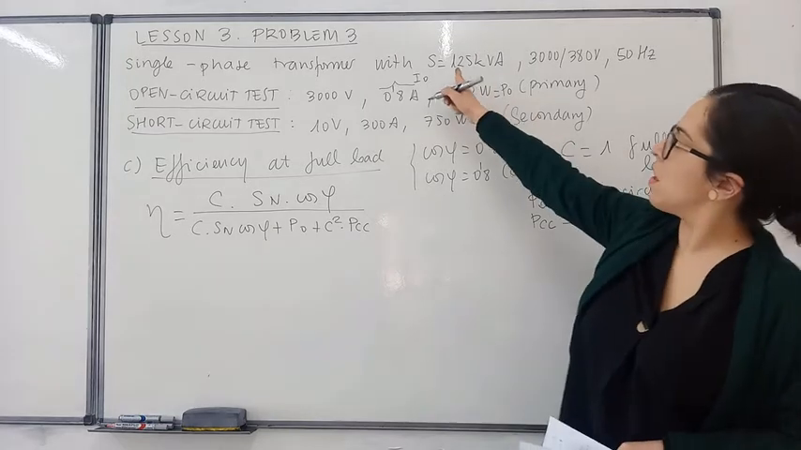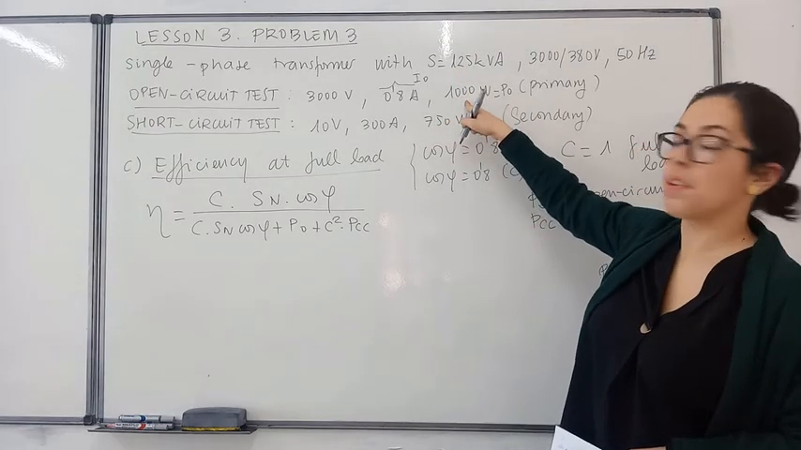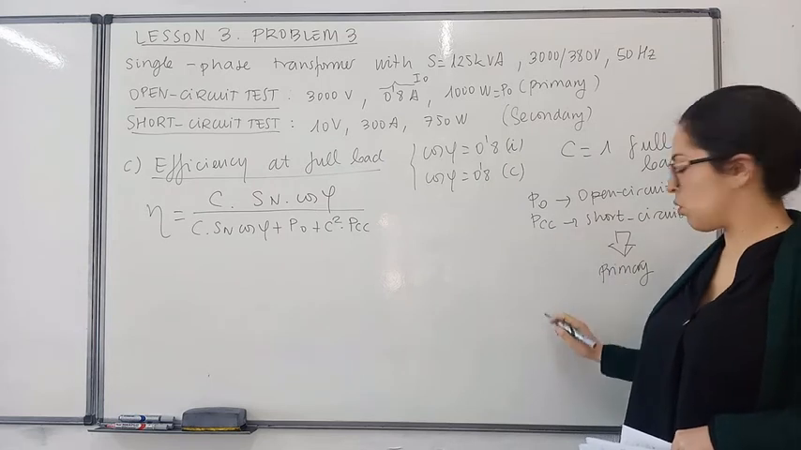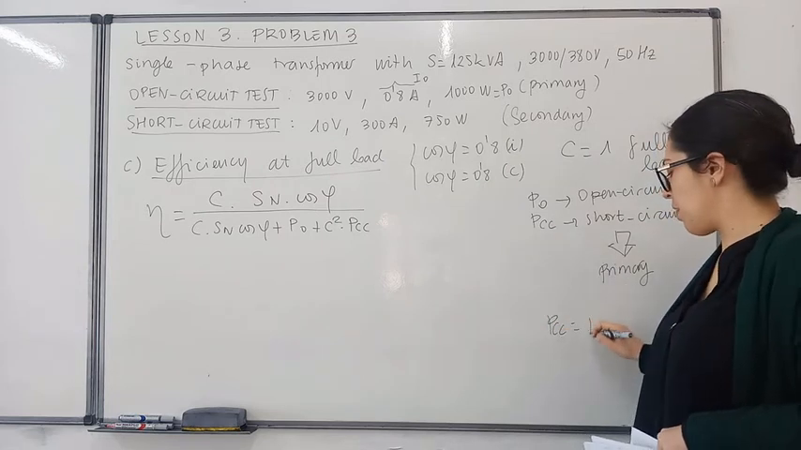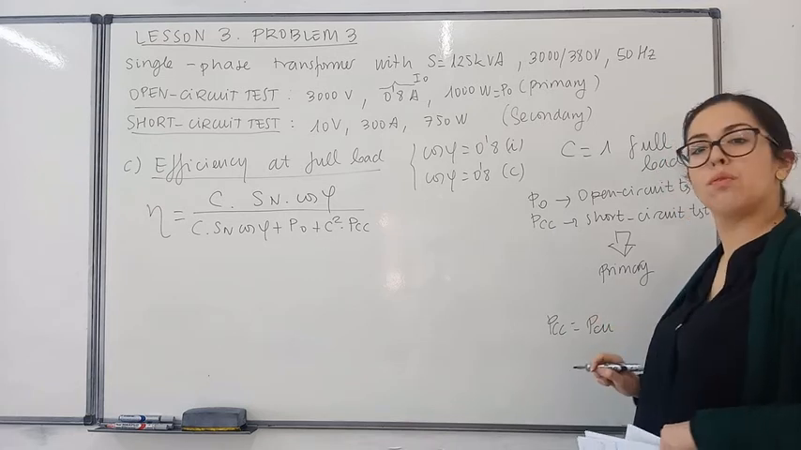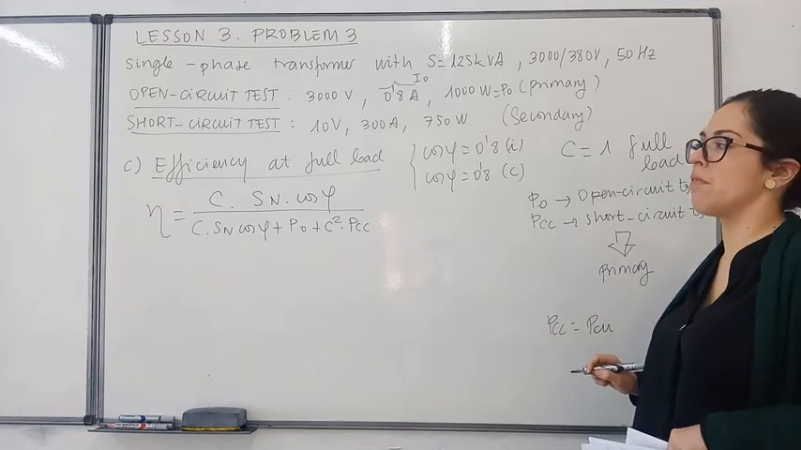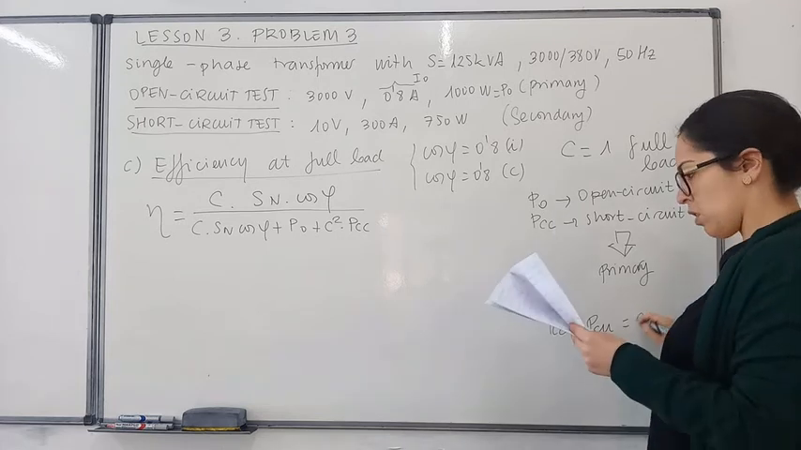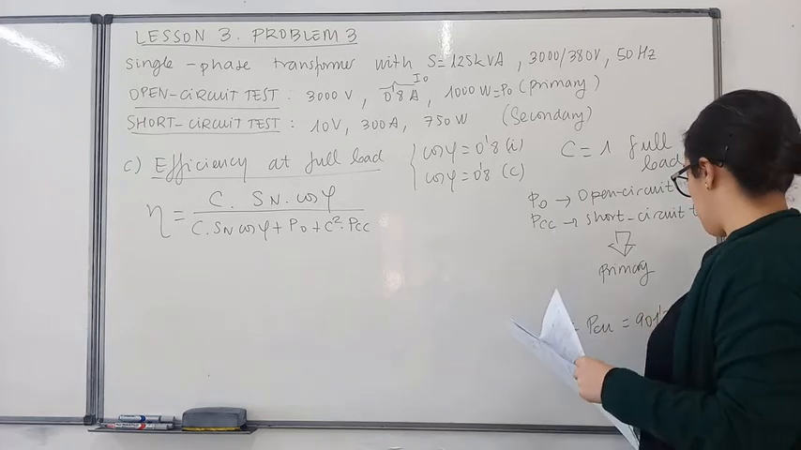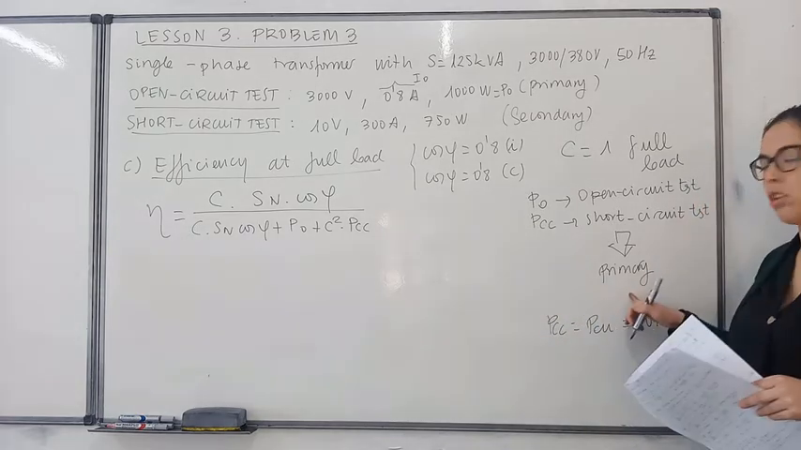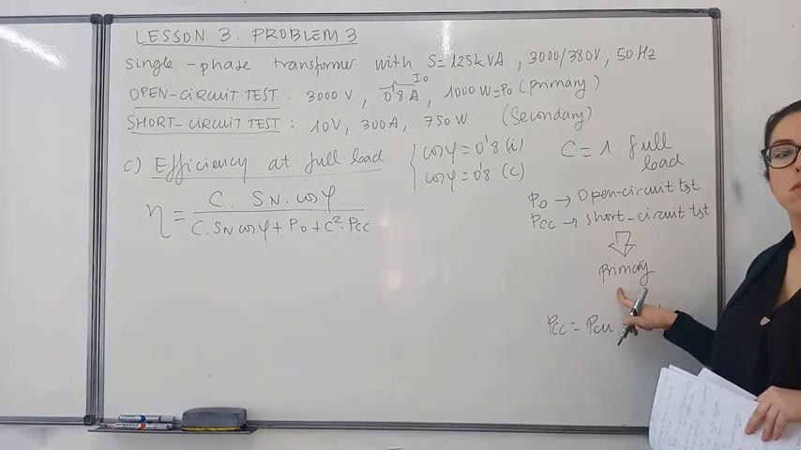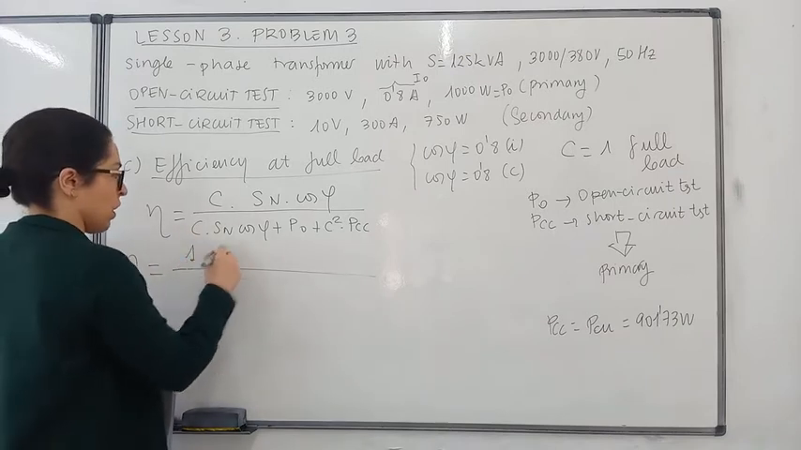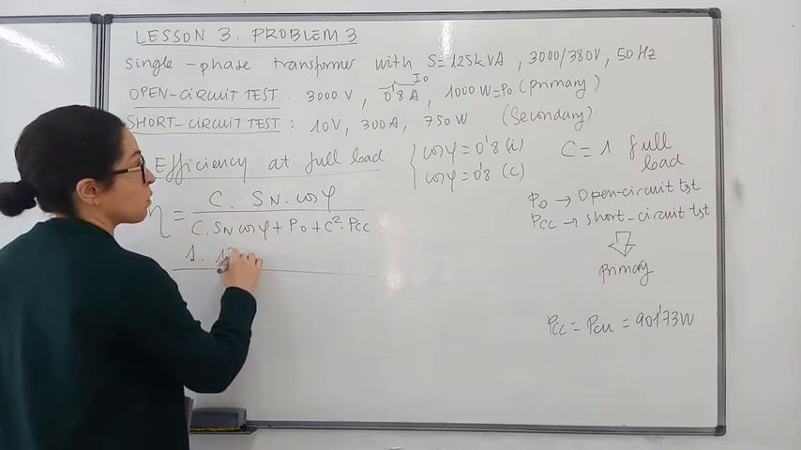So this is the value of P0, but this short circuit power is going to coincide with the power of copper losses at full load that we have obtained in question B, okay? So 901.73 watts, because that should be referred to the primary winding. Let's introduce the values. Here, this is 125